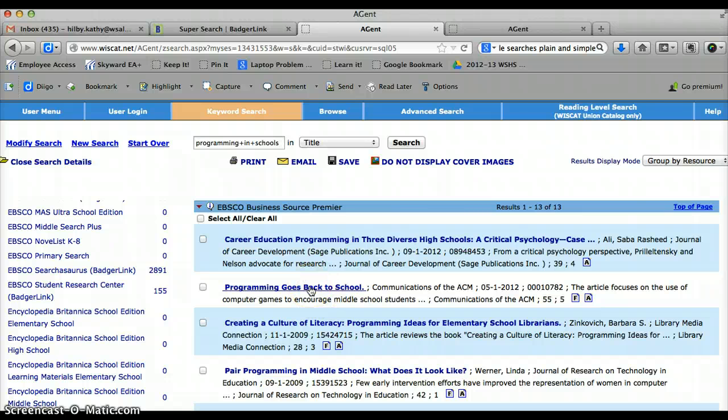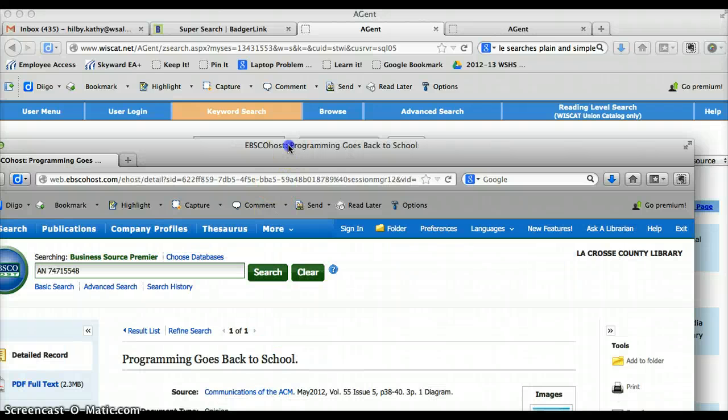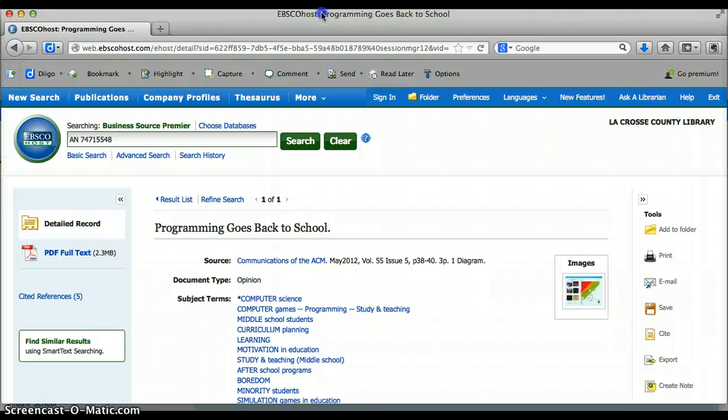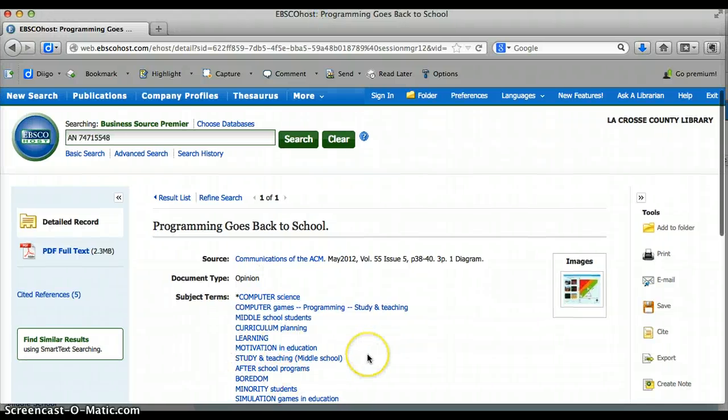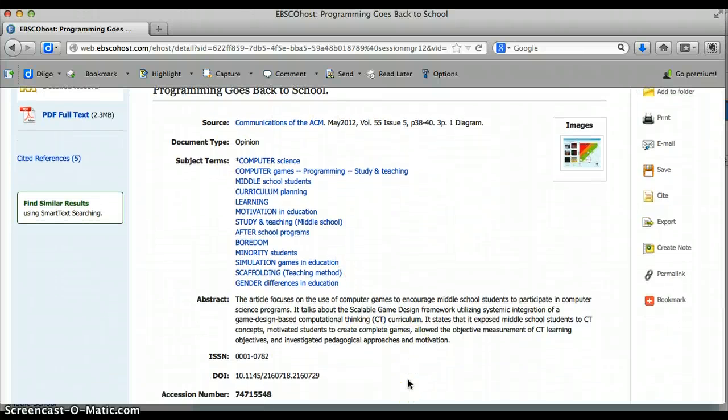I'm going to select one of the sources that came up, and on this particular screen it first gives you just summary information as far as where did this come from, and then an abstract. Now remember, an abstract is a paragraph that usually summarizes the whole article, so a brief synopsis of the article. And this might be helpful for you to read through it and decide, hey, is this what I'm looking for